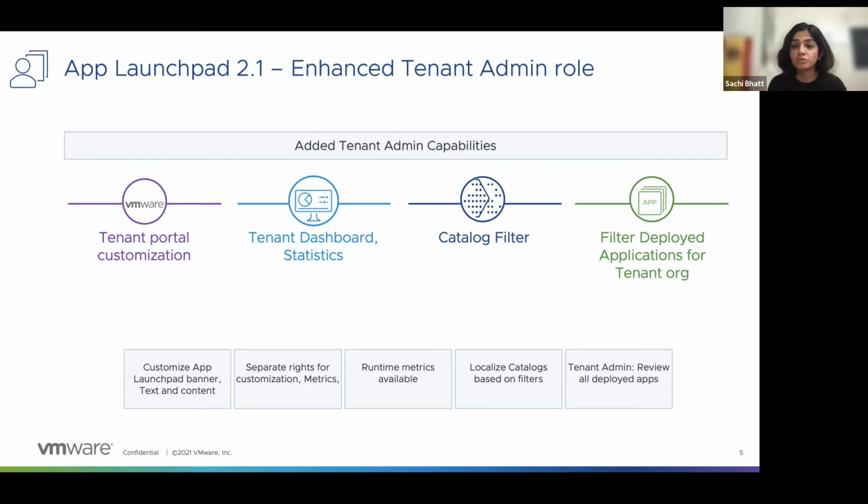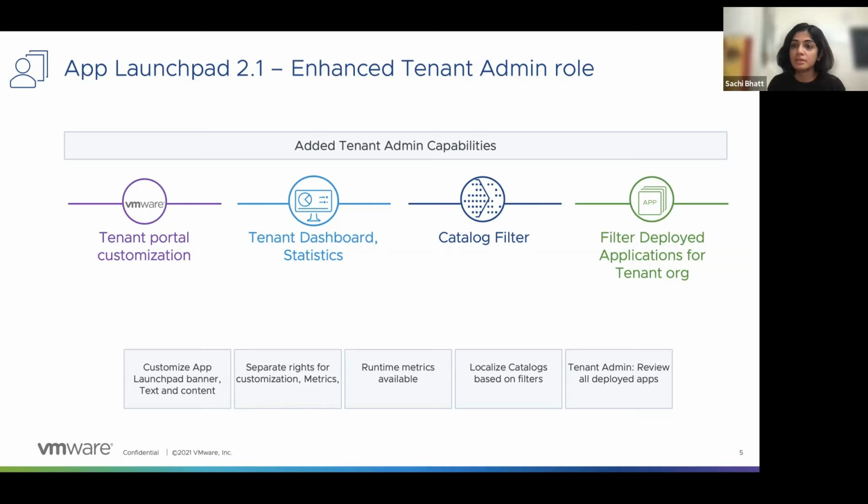For the regular users, we have added a new filter for a catalog. So if I'll just talk about a use case, I have a VMware Cloud Director in multi-site setting. I'm managing multiple sites for different locations.